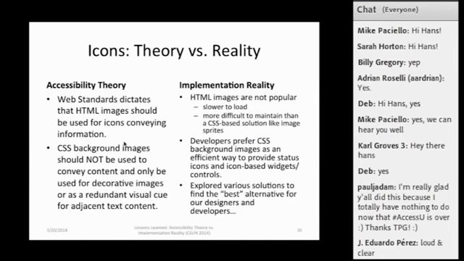So I've been working with a particular client over the last year who was dealing with this issue. It was a very big project, and the team there was very opposed to using HTML images. So we started off by telling them, well, you have these CSS sprites, and that's not acceptable because they need to be HTML images, and you need to provide alt text and such. And they were very resistant to doing that because it was a large-scale project, and they were using a lot of third-party content that was already using background images.